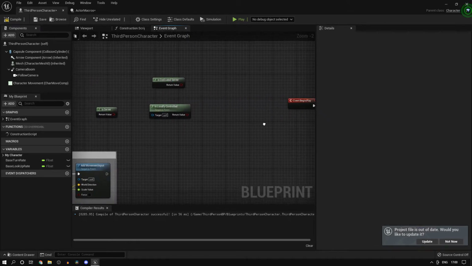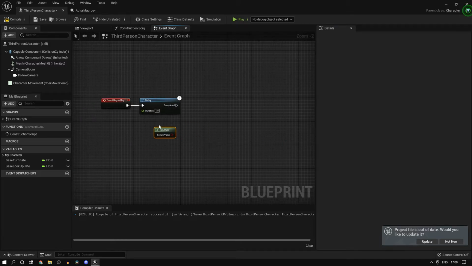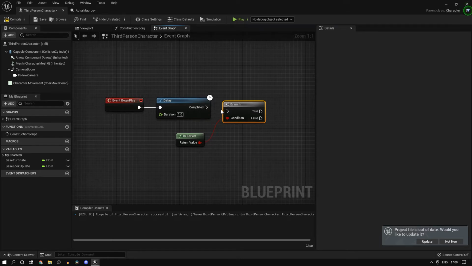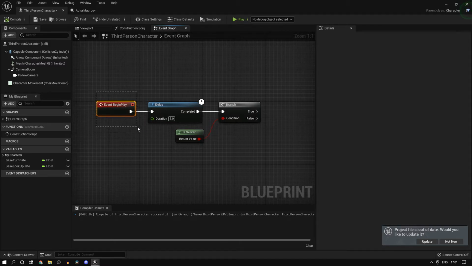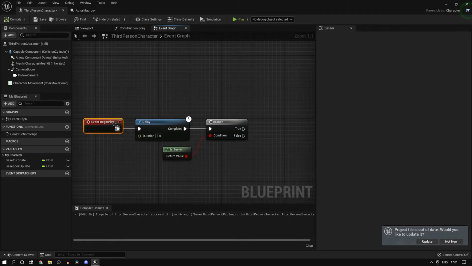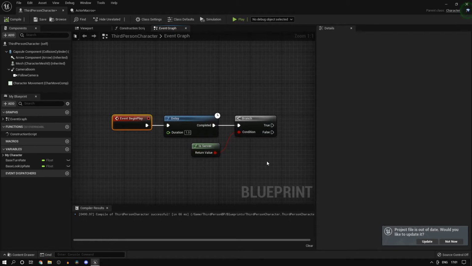Enough explanation for that. And the next thing that we will talk about is server. So let's say I wanted to run something only on the server. So let's say you're spawning a weapon. When the player spawns, you do it only if this is a server, and you would mark that object as replicated so that it does appear on the client as well. As we saw in the switch has authority node, no matter what you do, if you just run the spawn event directly off of begin play, it's going to call it twice. One on the server instance of this particular character and one on the client instance, and as you get more and more players, it's going to call it that many times, so please don't do that.